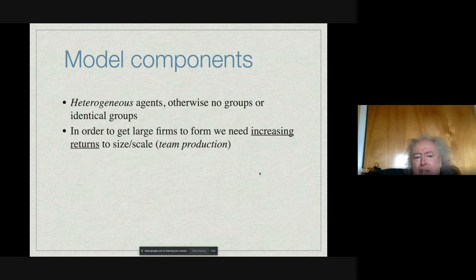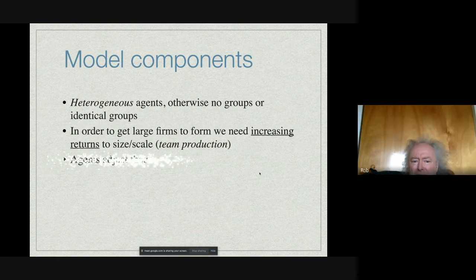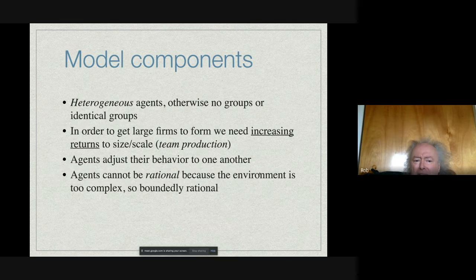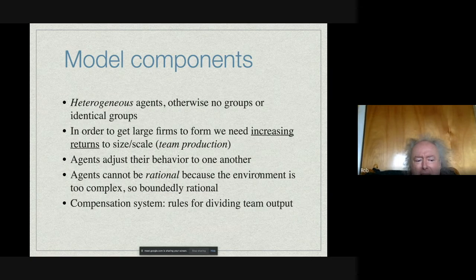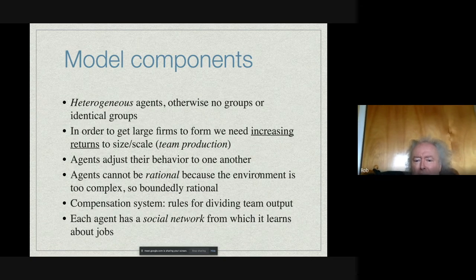I'm going to have a heterogeneous set of agents. If I make them homogeneous, I can't get the right answer out, for example. I'm going to put them in an environment of increasing returns to scale. This is going to be Holmstrom-like team production, for those of you who know the work of Holmstrom. They're going to co-evolve or adjust their behavior to what everybody else is doing in their team. And it turns out that agents are not really rational in the traditional game theoretic sense, but they're going to be purposive in a way that I'll talk about in a second. There's a compensation system, and there's going to be a social network by which agents are going to